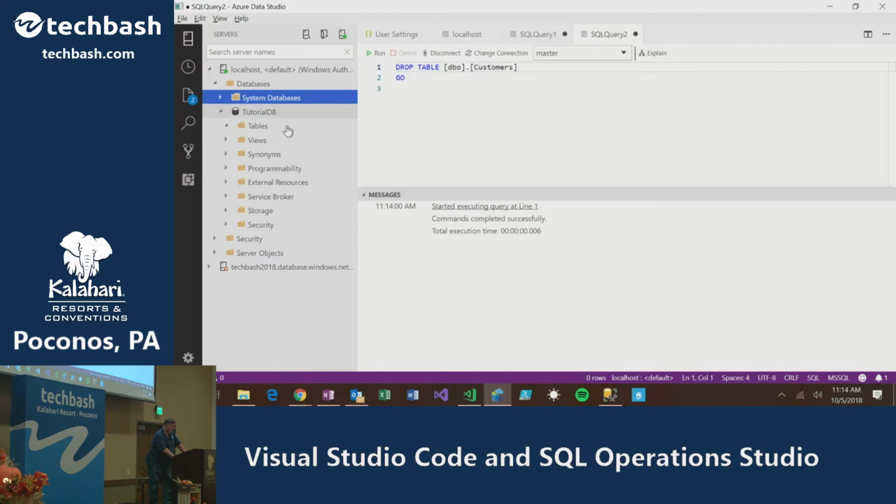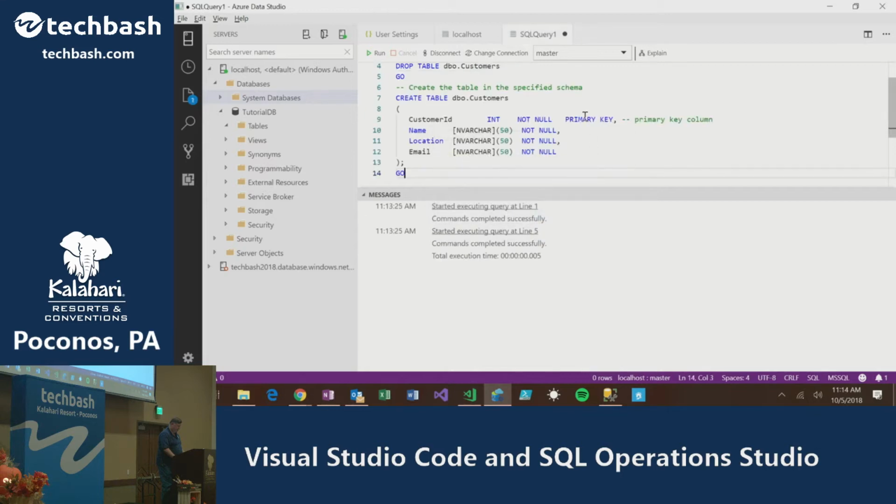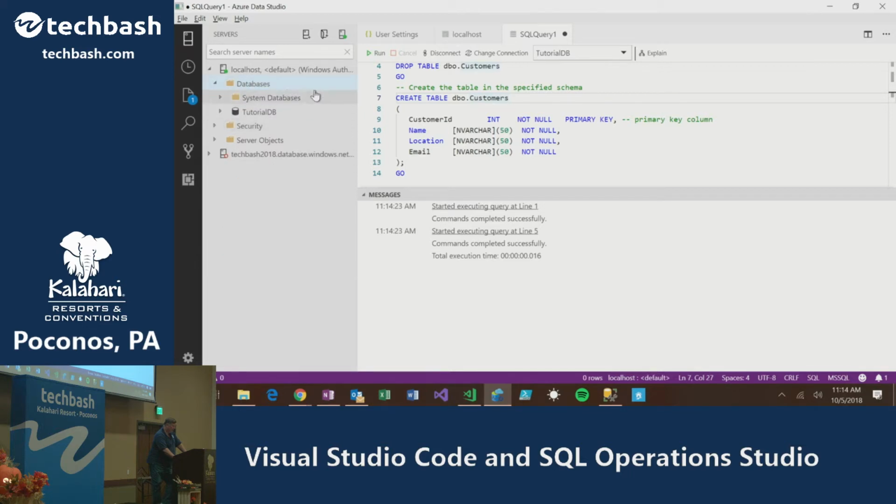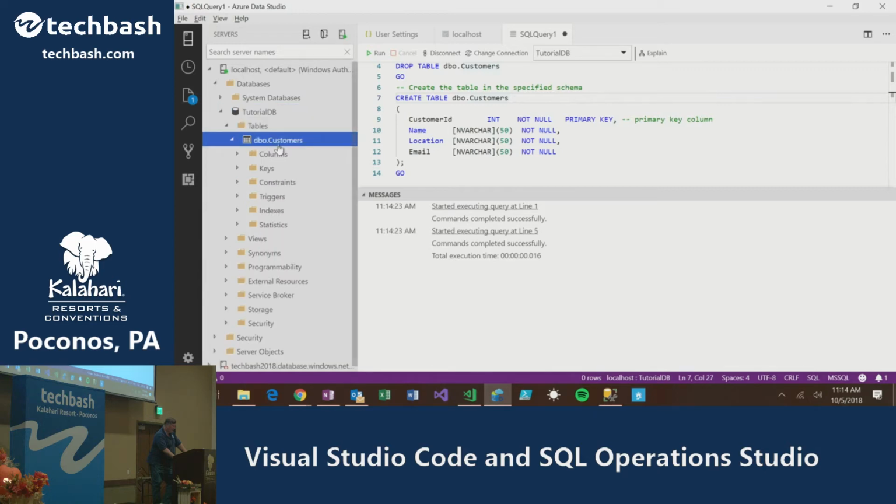So it's pretty useful. But what I wanted to do is, I'll close this window, and actually make this table in the correct database. So you have to pay attention to what you're doing. As long as you're in the right database and run it, then when I refresh, that tutorial database now has dbo.Customers in it.